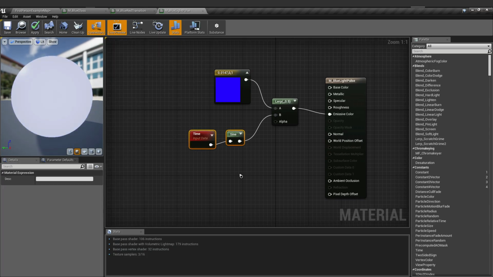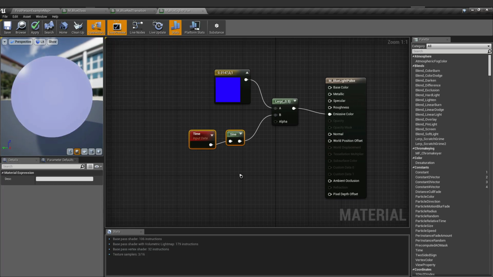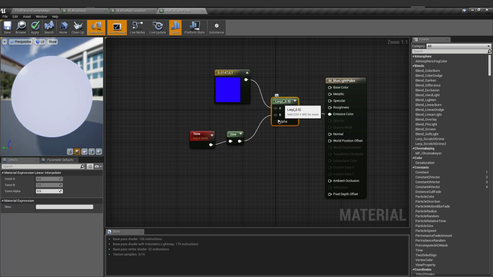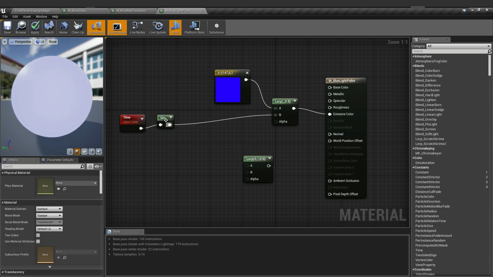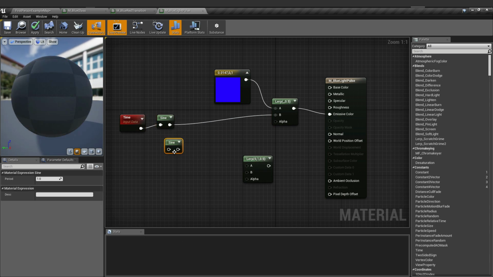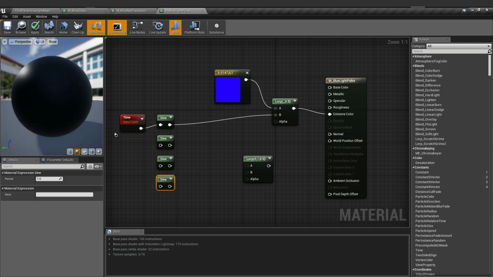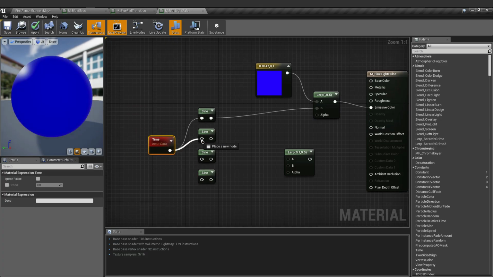Okay, to make the pulsing light of our material more random, we're going to add more linear interpolate nodes, and we're going to add more sines to make it more random. And each sine has a different period. So all sines will be connected to our time.